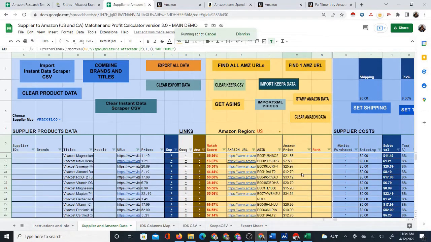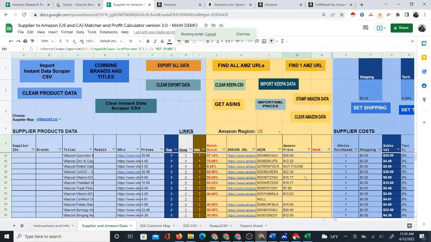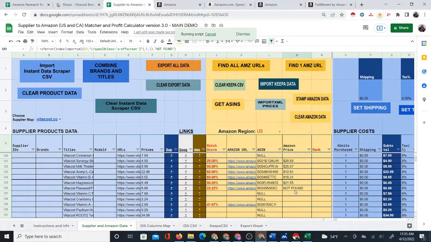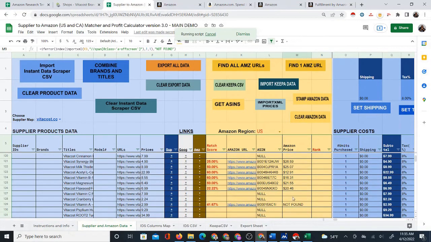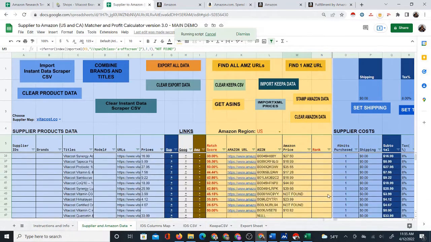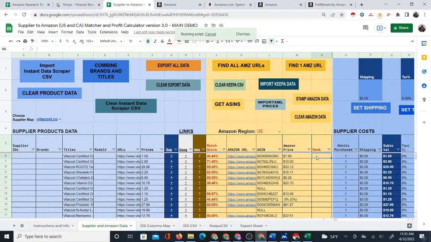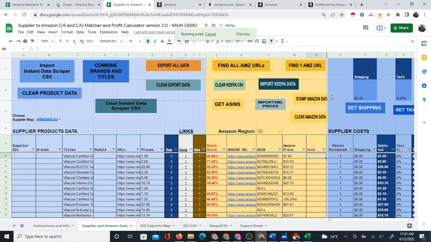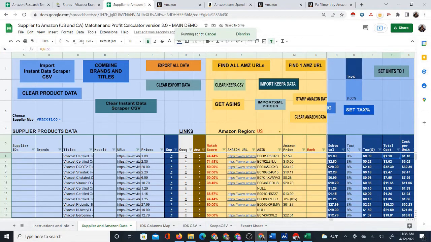So I currently have the ImportXML prices script running, and it is grabbing prices of Amazon URLs. But as it's doing that, something else I need to mention is that, for one, it's not going to get the rank at this point. As of today, it's not going to get the rank. That's something I may look into, however, using ImportXML to get the rank of products. But I'm going to scroll over